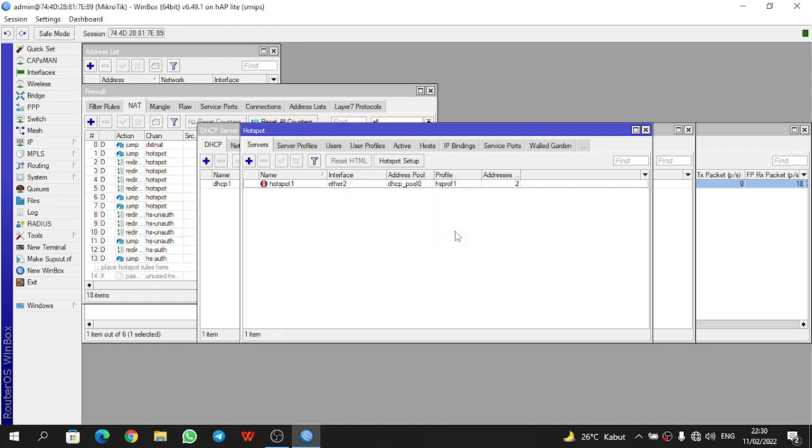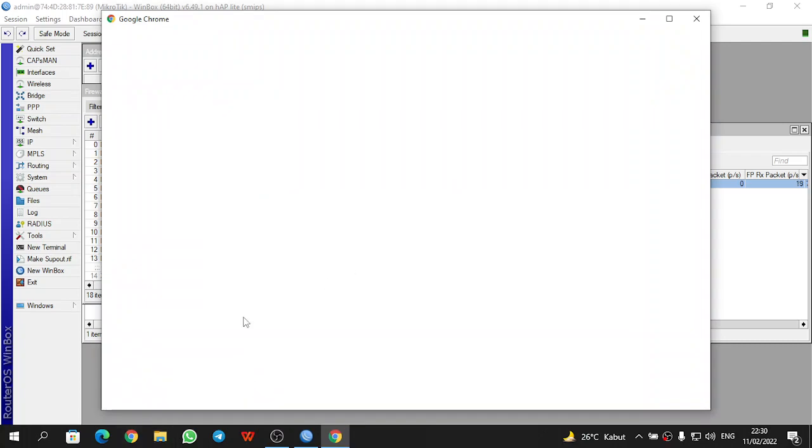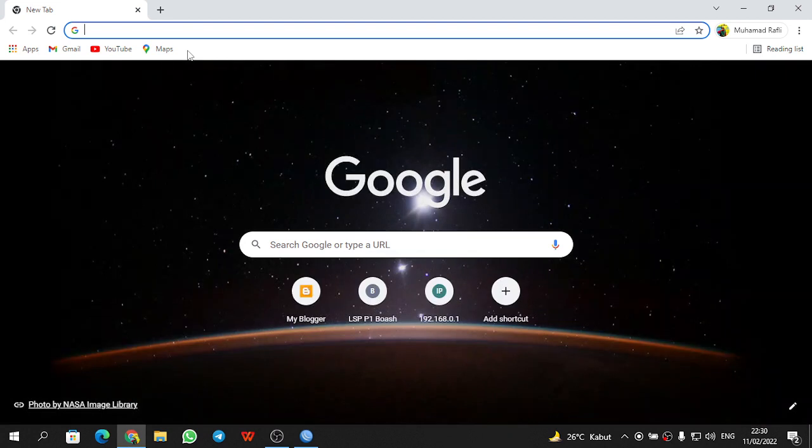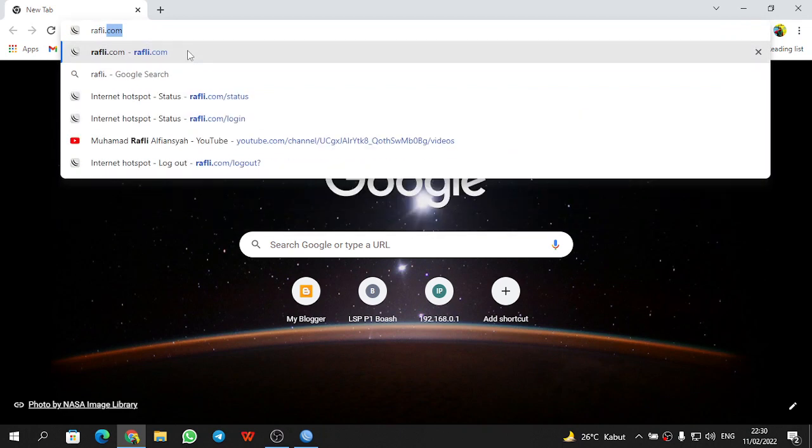And if we are done with these steps, we can check it in Chrome. Select Chrome and open the hotspot. We try the DNS name I made, roughly.com. Enter.